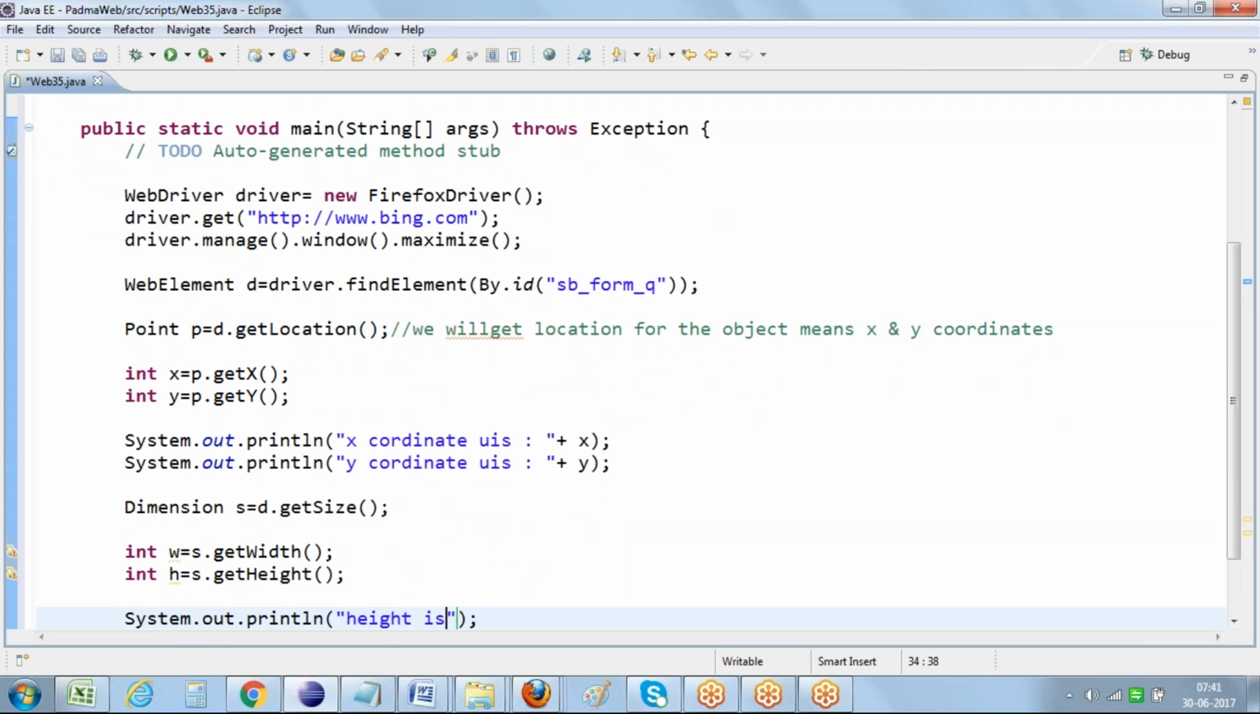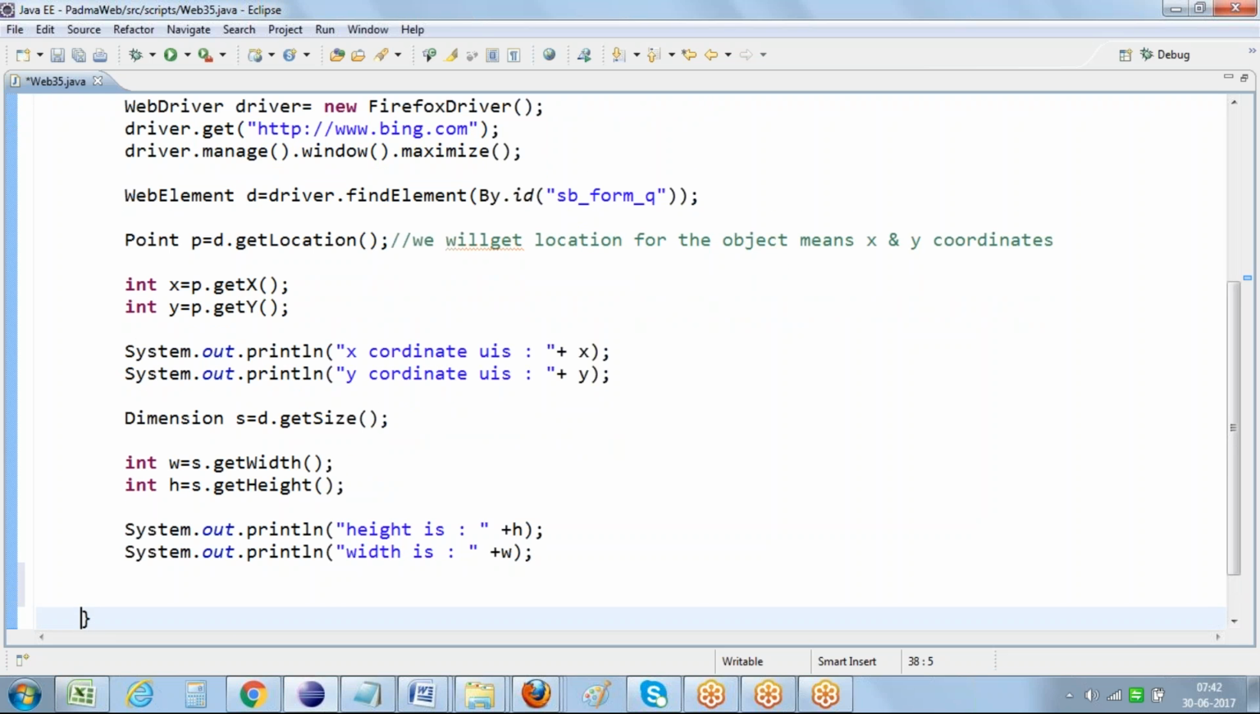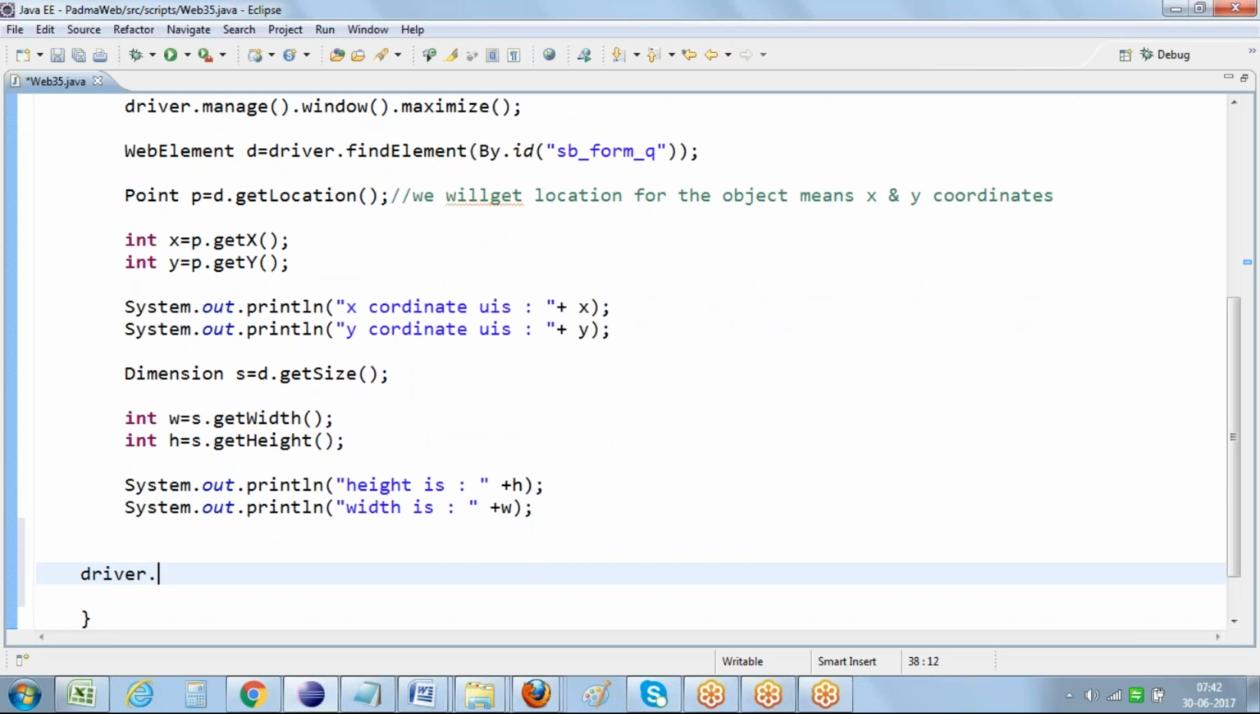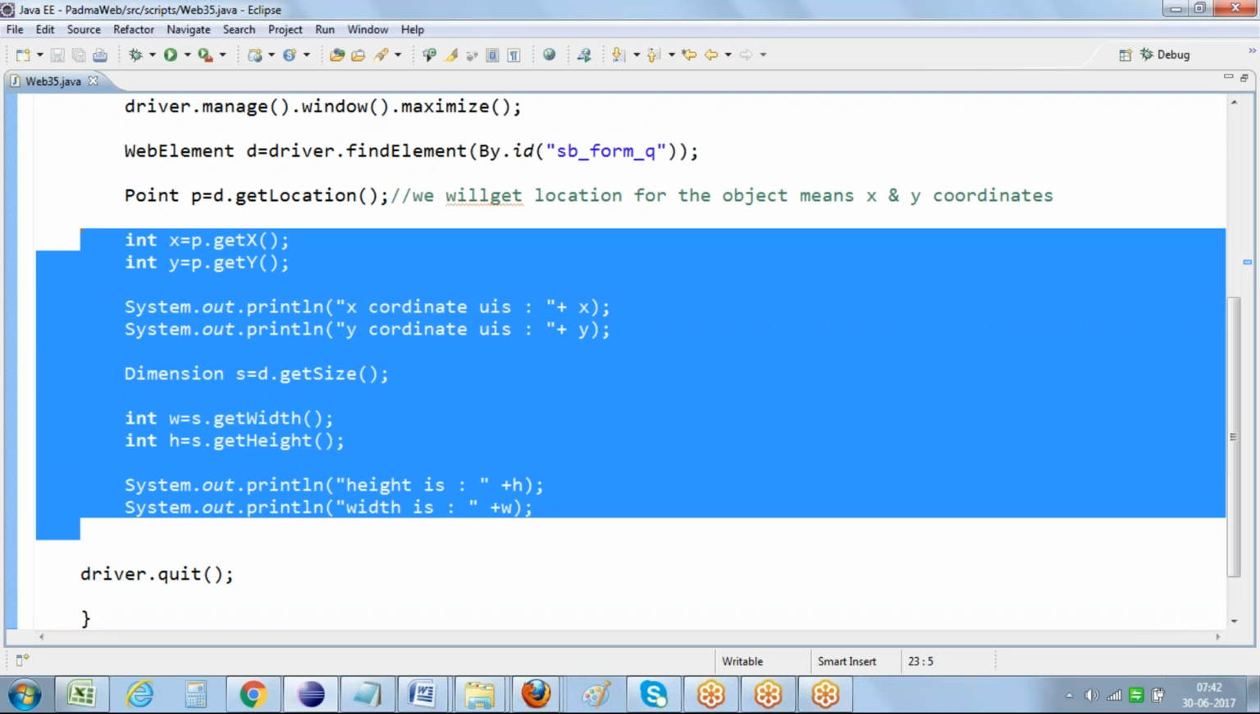System.out.println height is plus h. System.out.println width is plus w. Okay, and now finally I'm terminating my browser. Driver.quit. That's it. So it means we can get the coordinates, height and width, the various kinds of properties related